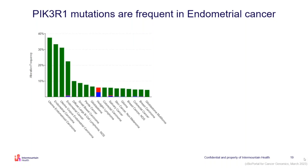And with this plot at the left, we can appreciate that PIK3R1 mutations are detected in multiple cancer types. But if we take a closer look, we can see that these first 4 are all types of endometrial cancer. And so we can appreciate right away that PIK3R1 is more heavily reported in endometrial cancers than any other tumor type. Across these different studies and types, we can see anywhere from 20 to 40% of PIK3R1 mutations occurring